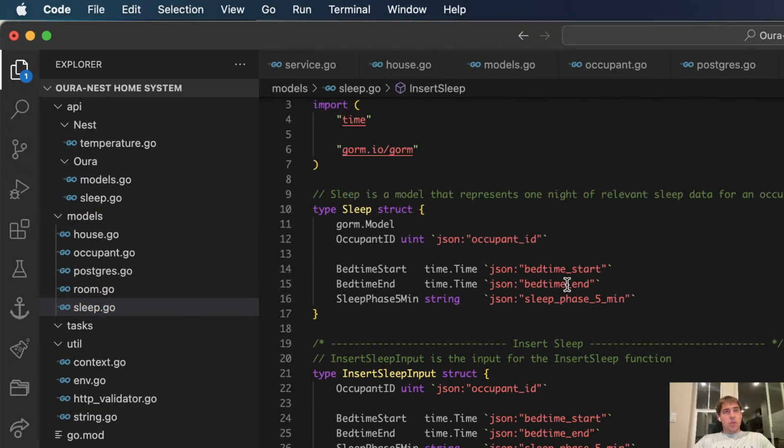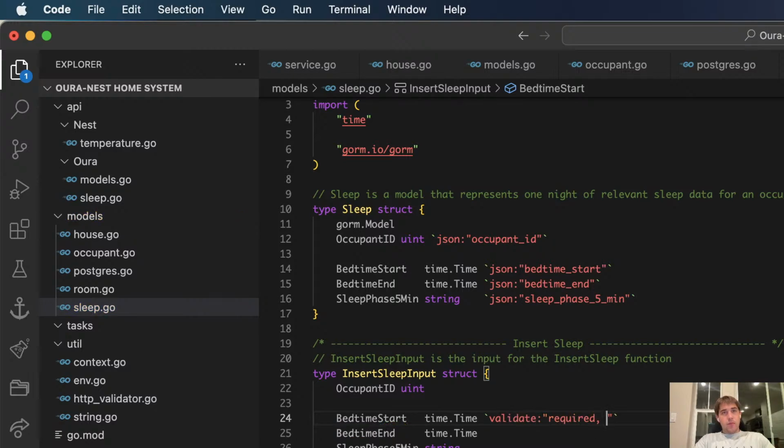Oh, I'm not being very smart. We don't need JSON stuff. Actually, it's not going to have anything user facing at first. Not that user facing is the only thing JSON is used for.